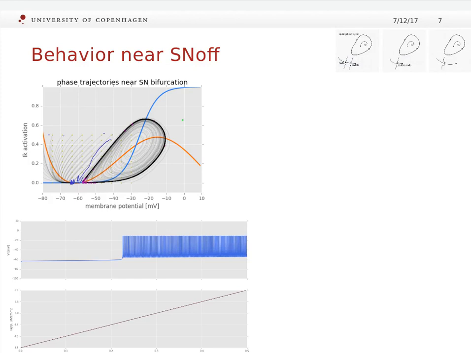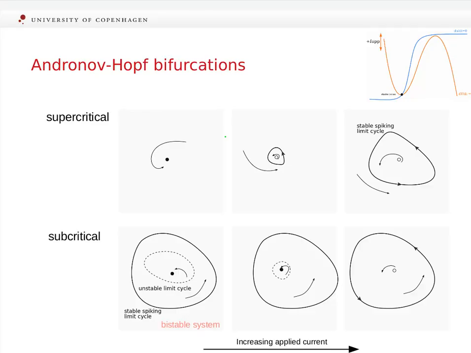Now let's consider the case of the Andronov-Hopf bifurcations. So again, there are two kinds of Andronov-Hopf bifurcations. One is supercritical and the other one is subcritical. In a supercritical Andronov-Hopf bifurcation, we start with a stable focus, and all trajectories will revolve around it with a smaller and smaller amplitude. But then the stable focus loses stability,